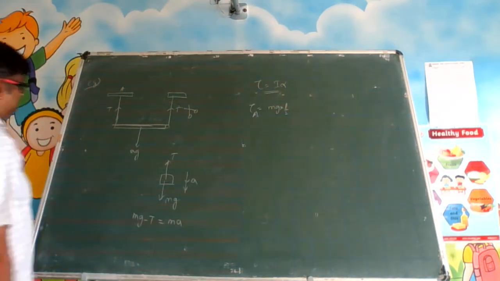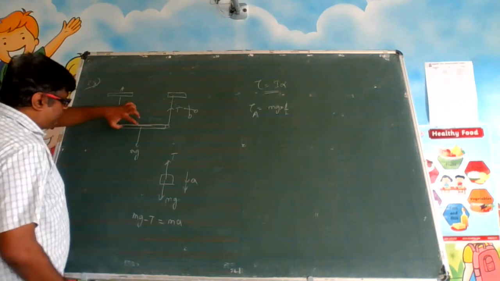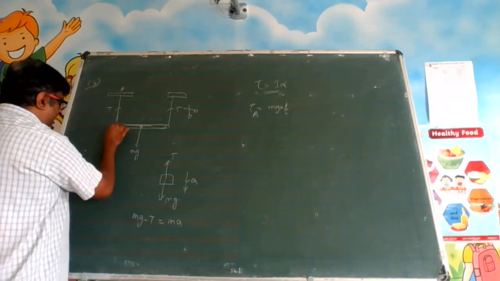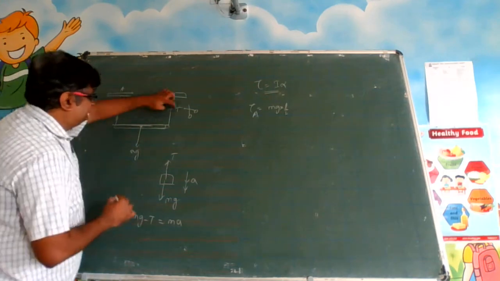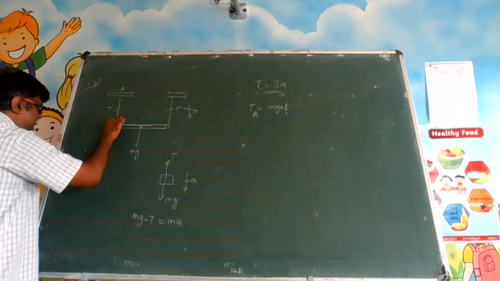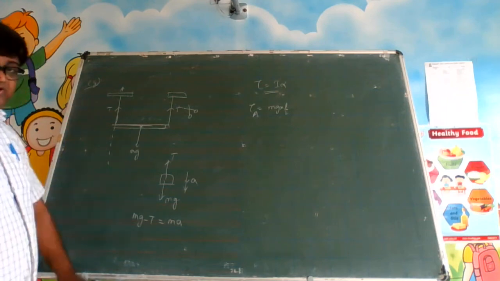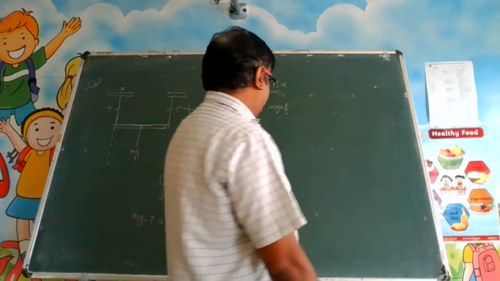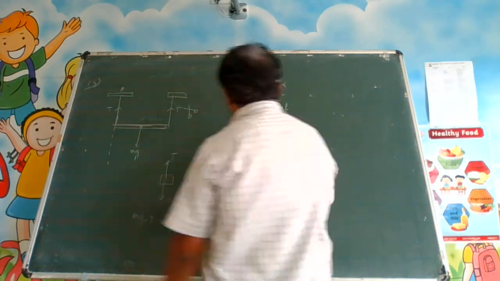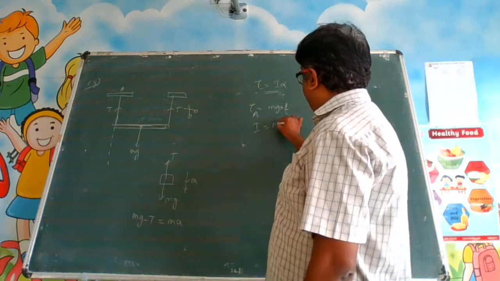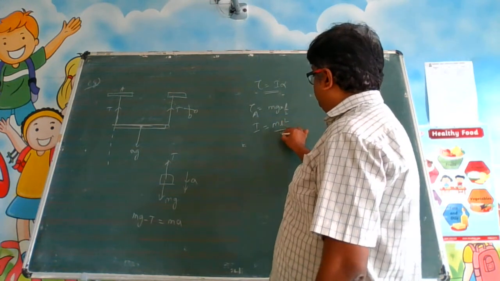Okay. Now this rod is rotating about which point? Is it rotating about this point or is it rotating about this point? When you cut this, it will be rotating about this edge. Many times we have discussed, we have to see about which point it is going to rotate. It is going to rotate about this edge. So what is the I value? I value will be equal to ml square by 3.